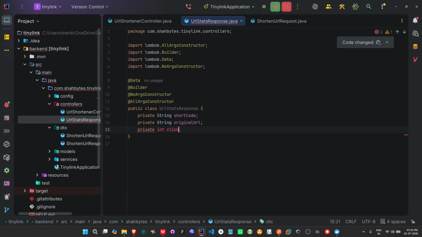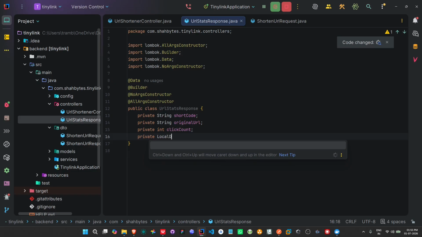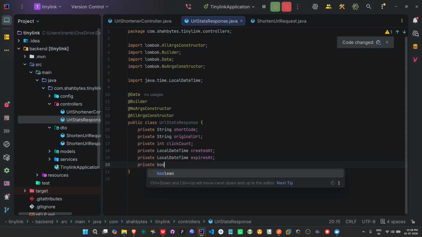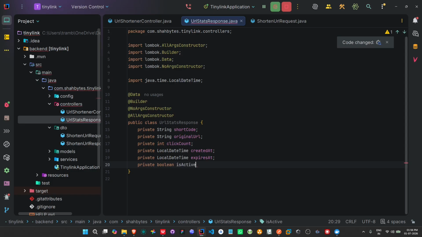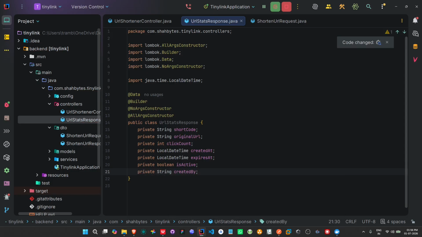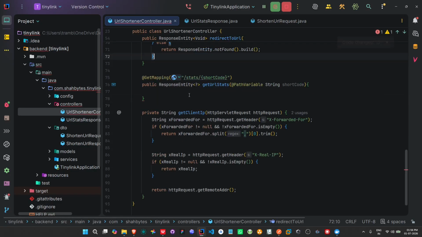Private int clickCount, and createdAt and expiresAt as LocalDateTime. Created at, and we should have expires at, and we should have isActive or not, correct, and the createdBy like this. So this is for the response, and then next in our controller, from the short code in here,